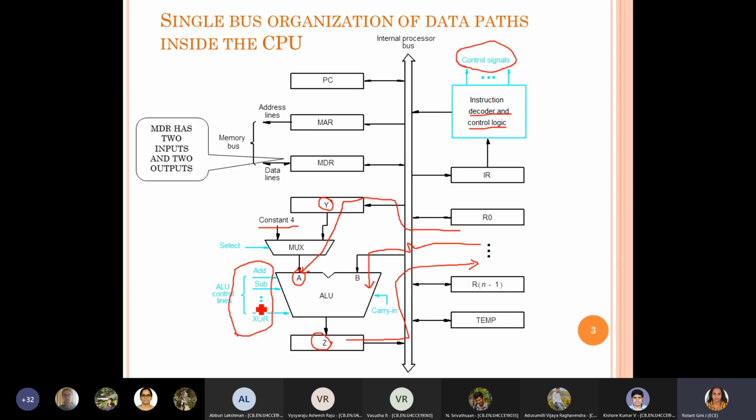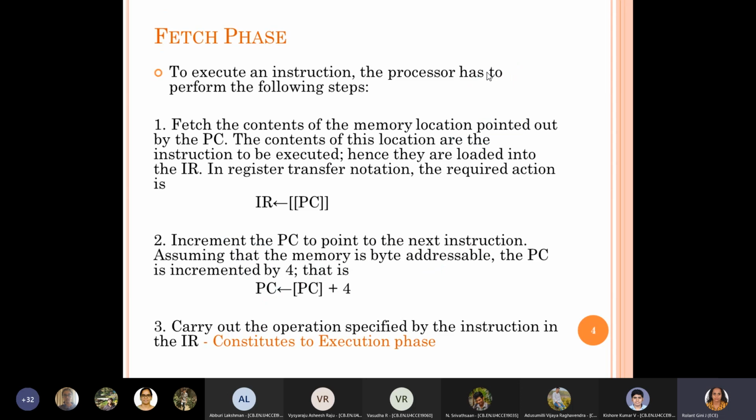So based on the instruction, you get add, subtract, all those control signals from here, and depending on what operation it is, that signal needs to be enabled. Whatever you are seeing here, the arithmetic and logical signals are only part of it. That is not the complete set. There are control signals required for other things also, right?